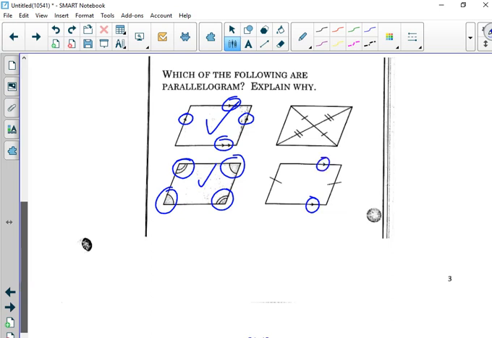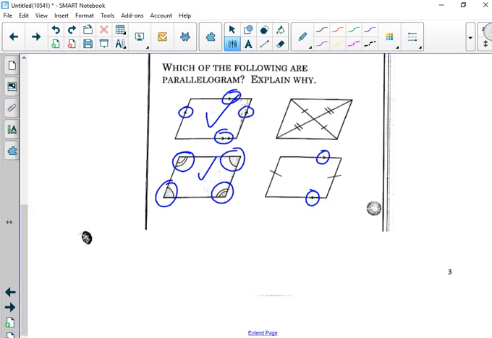Parallel sides, opposite sides are congruent, check. Diagonals bisect each other,